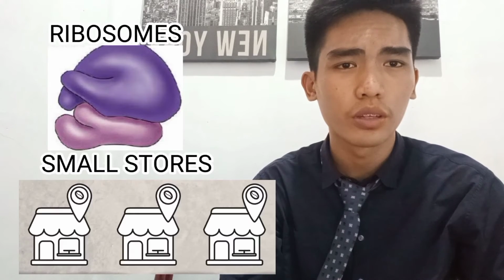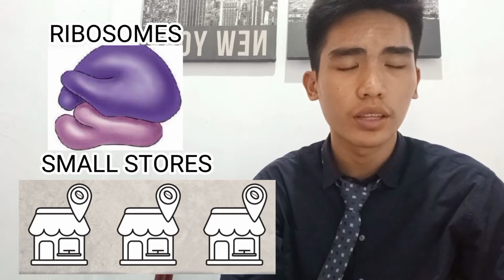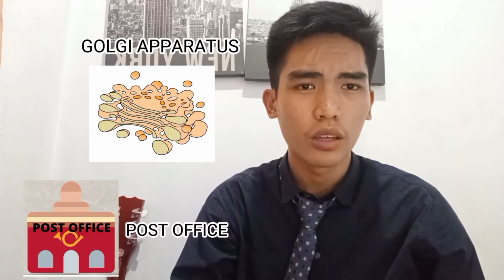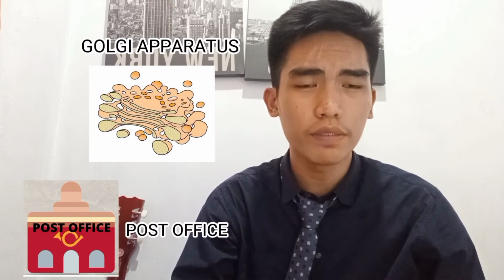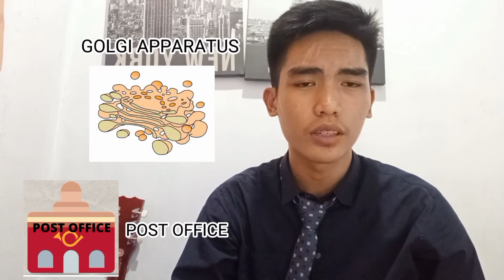The ribosomes are represented by small stores, because the stores have materials including protein that are needed by the cell. The Golgi apparatus is represented by the post office, because the post office receives and organizes the materials that are